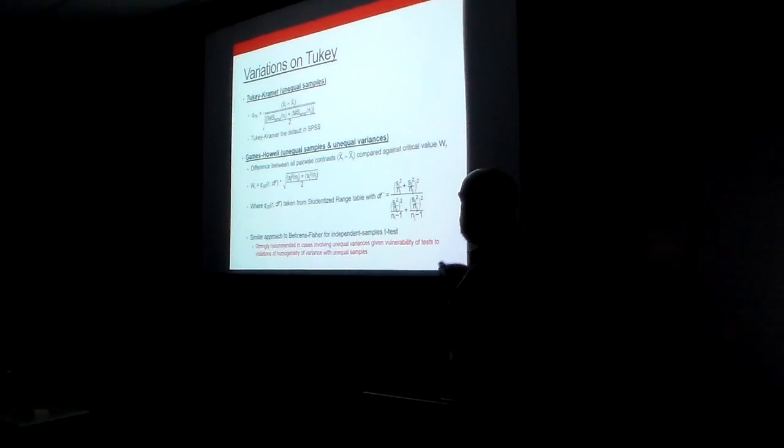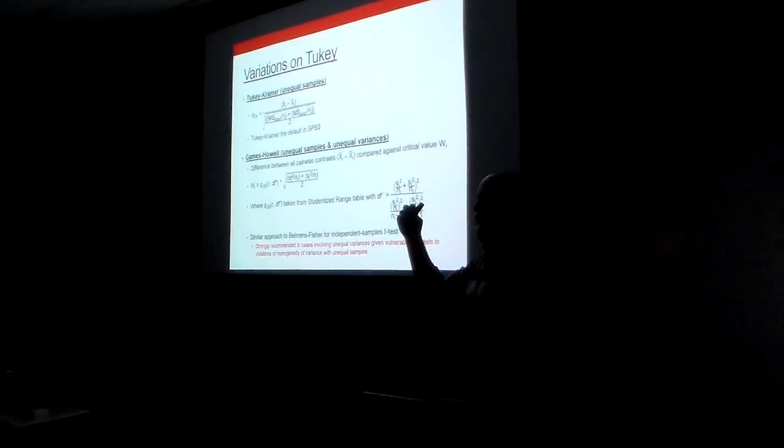Okay, we're changing the critical value, so our critical Q changes a little bit. It is a W statistic. We take a recalculation of our degrees of freedom, make an adjustment there. And this is basically a similar approach to our Behrens-Fisher, our Welch-Satterthwaite correction for unequal variances and things along those lines. Howell strongly recommends this if we have unequal variances, given that if we violate homogeneity of variance,